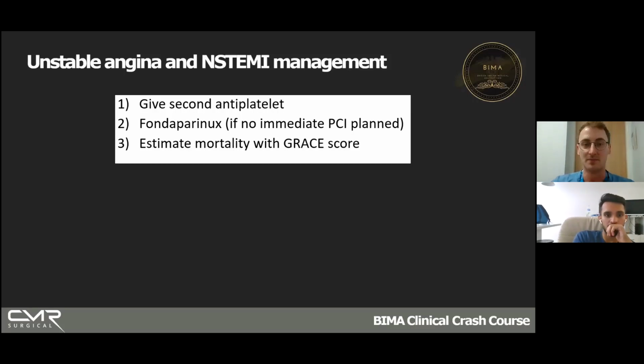So that's an anticoagulant that helps them break down the coagulation cascade in the artery. And number three, it's all about estimating who's going to die from their unstable angina or their NSTEMI to prioritize who gets PCI first. So everyone will eventually get PCI, but you want to work out who's at higher risk of dying, basically. And you do that with what's called a GRACE score. And just like SCAR, I don't know what's on it. The cardiologists never use it. They just kind of do whatever they want, basically, because they're cardiologists. But for your exams, this is what to learn. So if you calculate this score on MedCalc or whatever, you won't be asked to recite it in exams unless your med school is really mean.